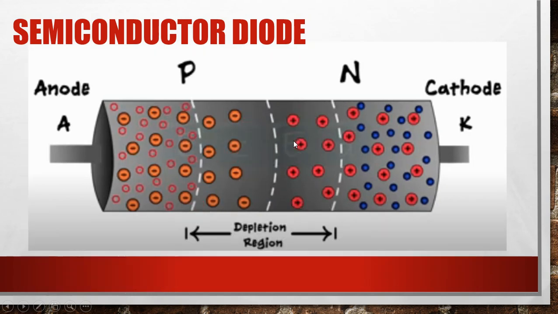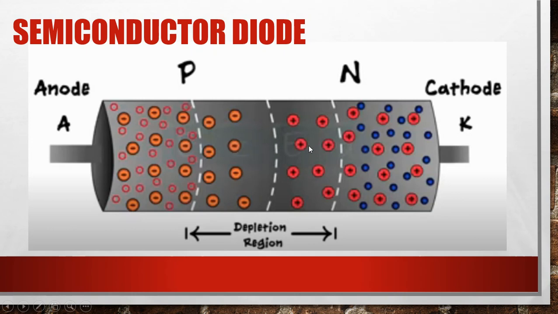And as the electrons from N-type recombine with the holes sa P-type region, the depletion region gets wider. Gaya nga ng sinabi ko kanina, every time na magkakaroon ng electron-hole pairs, magdi-disappear yung electron-hole pairs dahil mako-convert siya